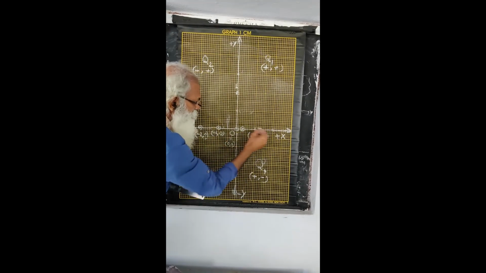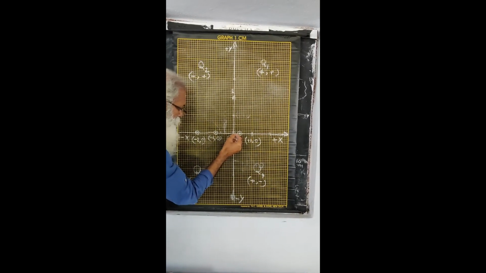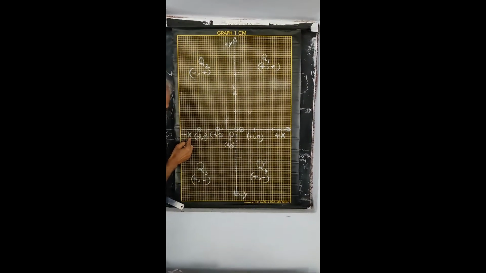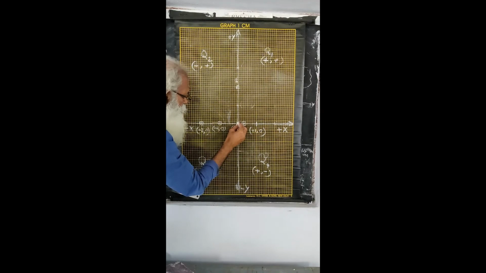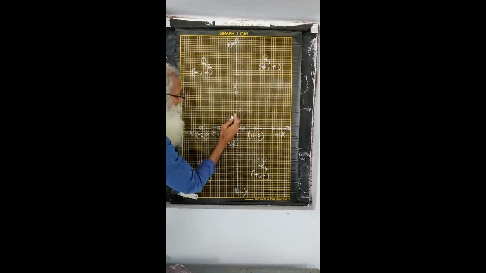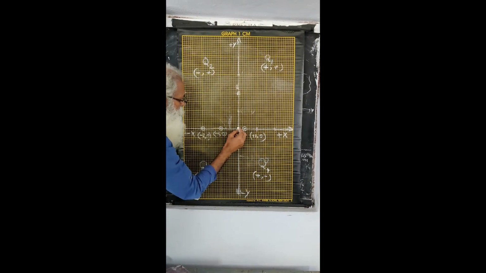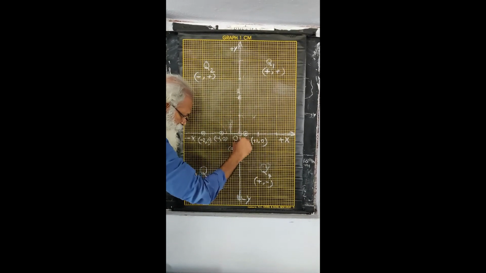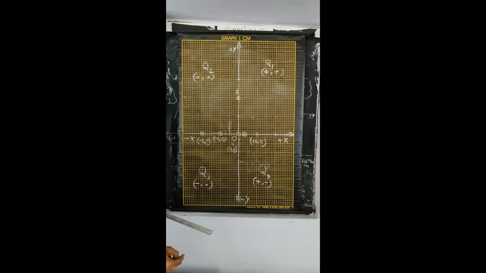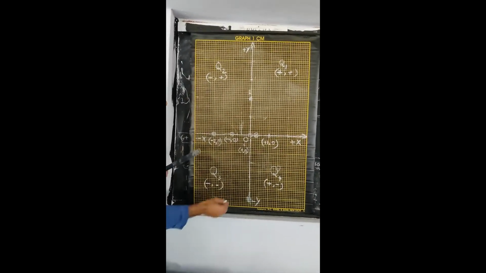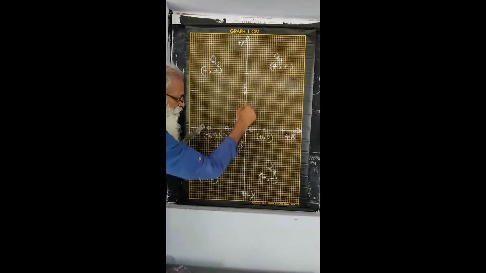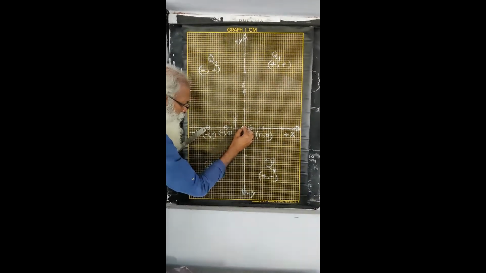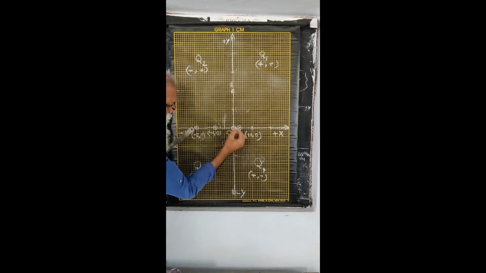So positive x-axis is a straight line. If you extend it in the backward direction to the left, it is towards negative x. So the positive y-axis is above and perpendicular to x-axis, and in this direction it is plus y, and in the opposite direction it is minus y. Okay. Now the x-axis and y-axis, they intersect at this point, and that point is called origin.